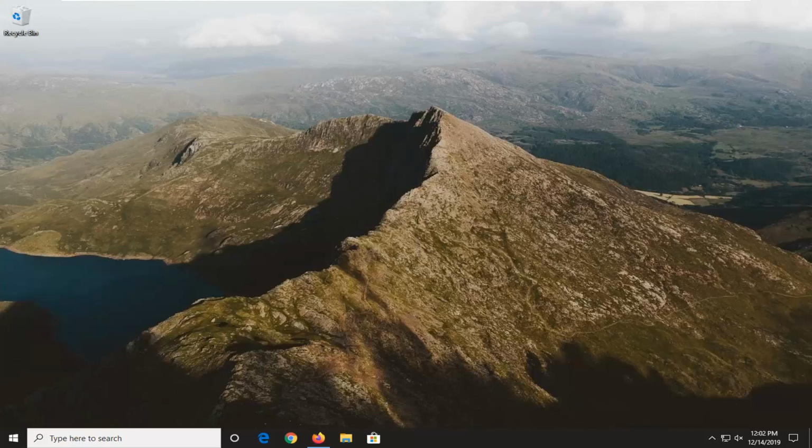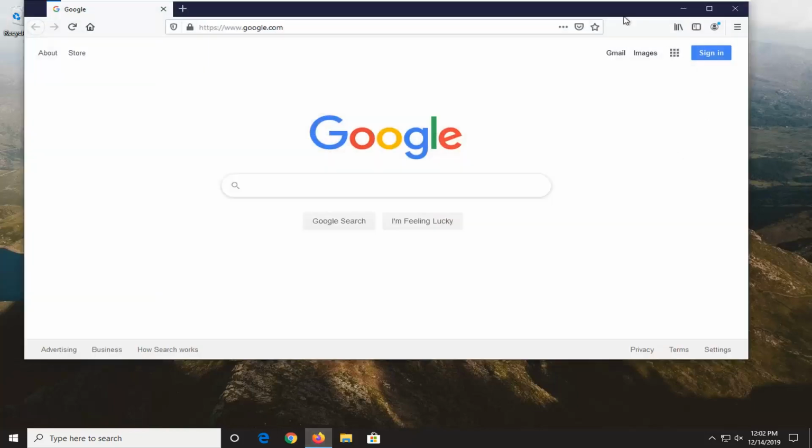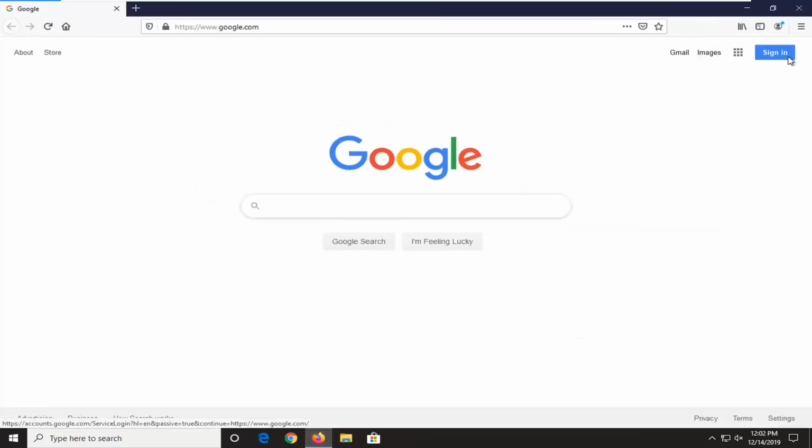In today's tutorial, I'm going to show you guys how to change the language in the Firefox browser. So this should hopefully be a fairly straightforward tutorial, and without further ado, let's go ahead and jump right into it. So we're going to start by opening up the Firefox web browser, and you want to select the menu